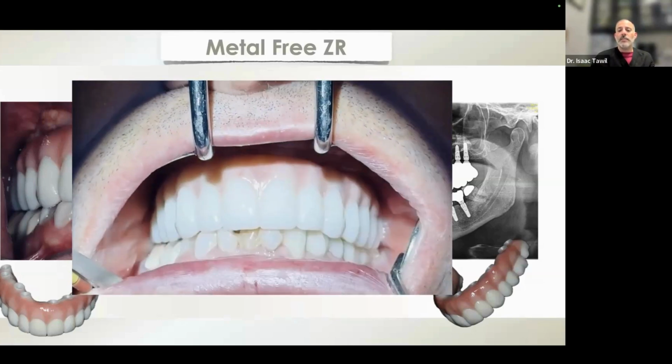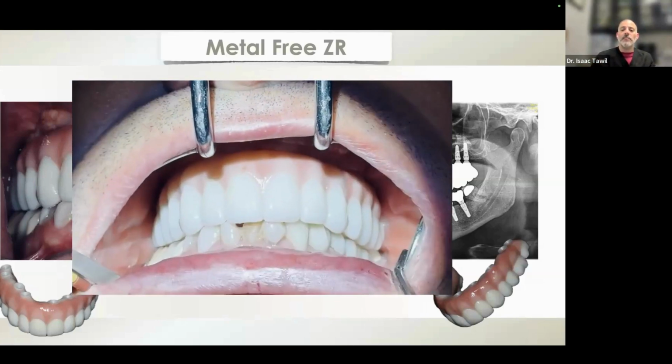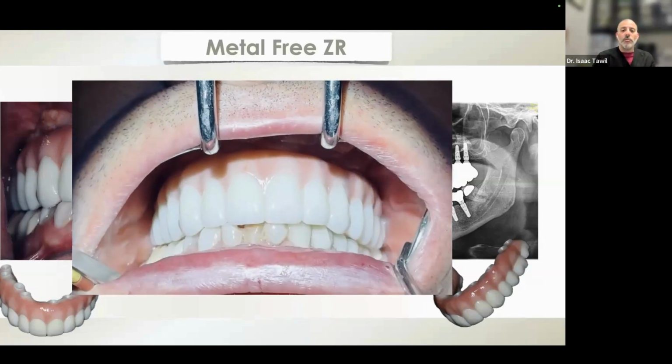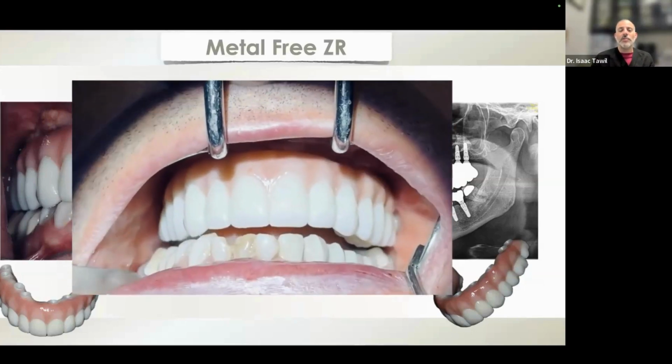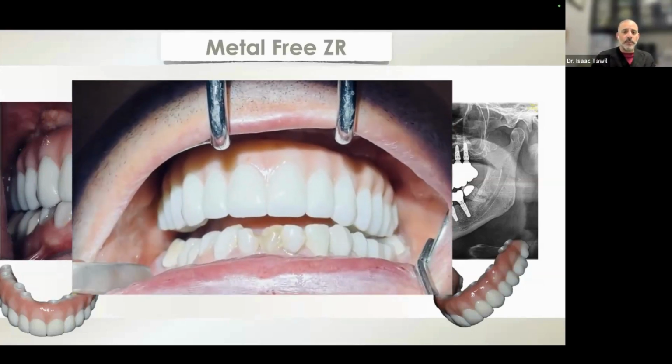And you can see the bite. This is the best part. The bite's always just like dead on. I never really have any issues. Obviously, he has some broken teeth on the bottom he has to take care of, but his excursive movements, everything is all captured nicely, and we're ready to roll for a healed ridge.